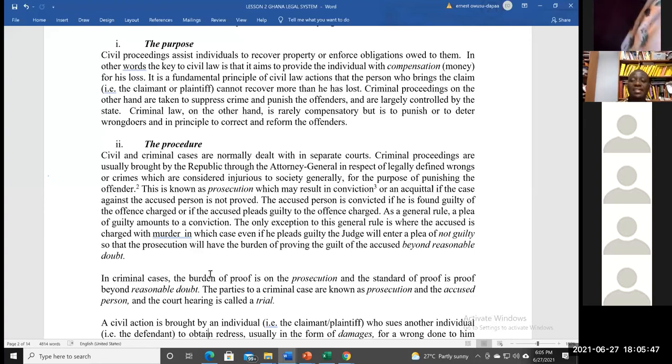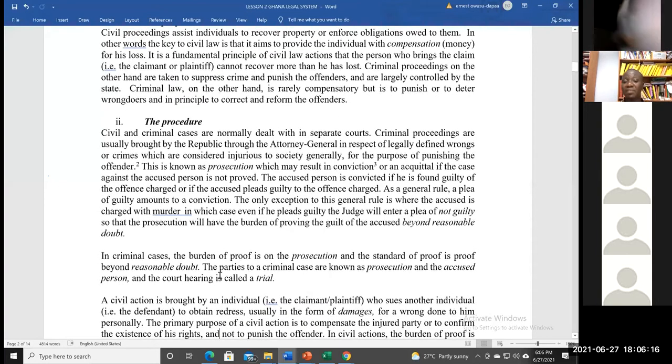So that is the standard of proof in civil cases, as it were. Then we also note that in terms of burden of proof, in criminal cases, it is the prosecution that has a burden of proof, a responsibility to prove the case against the accused person, as we know. And that is why the accused person